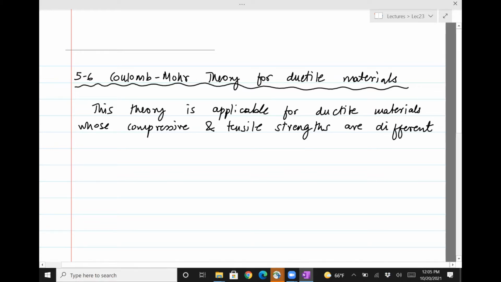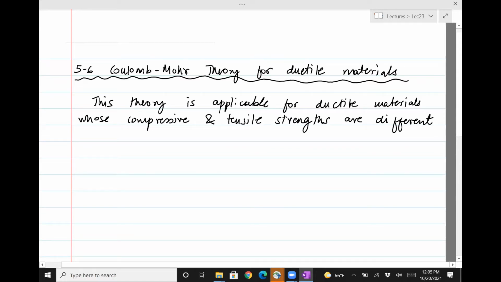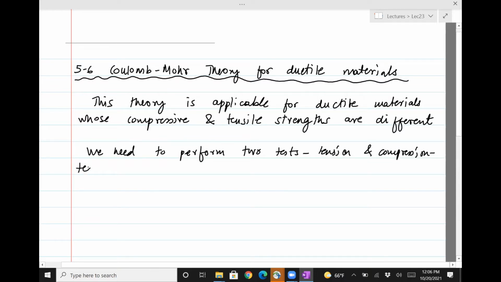So in the previous theories, we wanted to find a strength, and the strength was found by a simple tension experiment where you keep loading the material till it fails, and that is the strength. In this case, you need two tests. You need a test for tension, just like the previous one, and you also need a test for compression. So we need to perform two tests, tension and compression tests